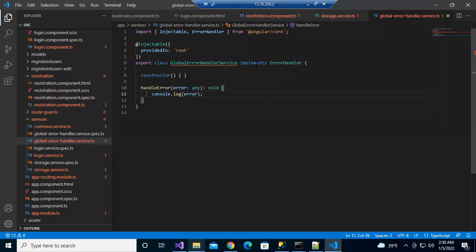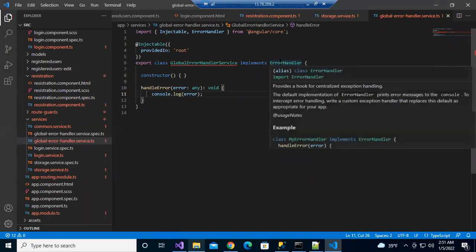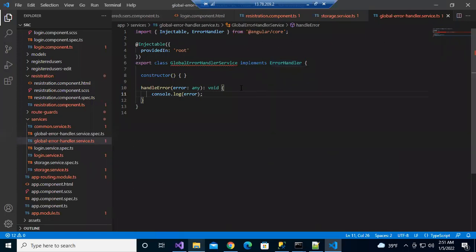Second step, repeating: Step 2, implement ErrorHandler by the created service, our error handler service.